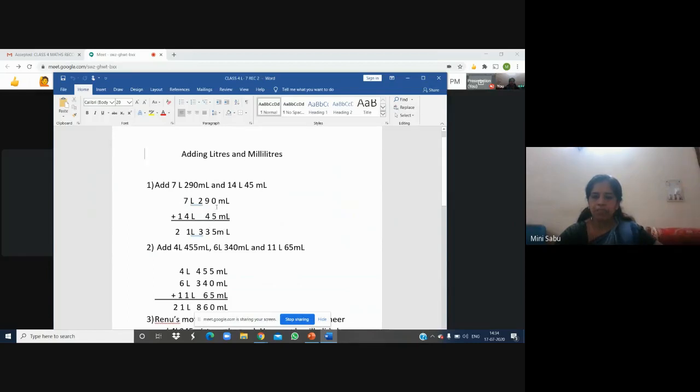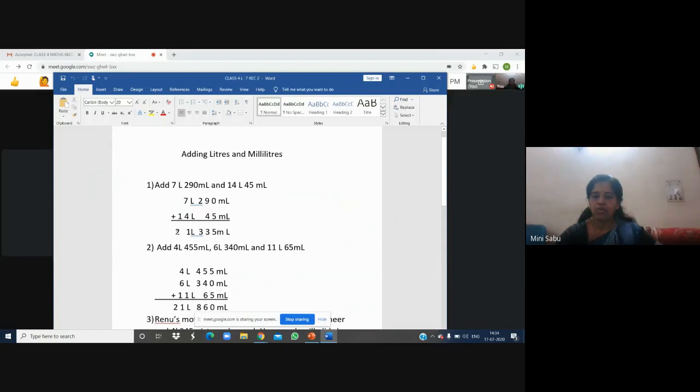Then add 5 plus 0, 5. 9 plus 4, 13. Carry over 1 will go to this place. And 2 and 1 together makes 3. And if there is a carryover, it will go to this place. But in this case, there is no carryover. Now, we will add 7 and 4. 7 plus 4 is 11. And 1 carryover will come over this 1 in the tens place. So 1 plus 1 is 2.